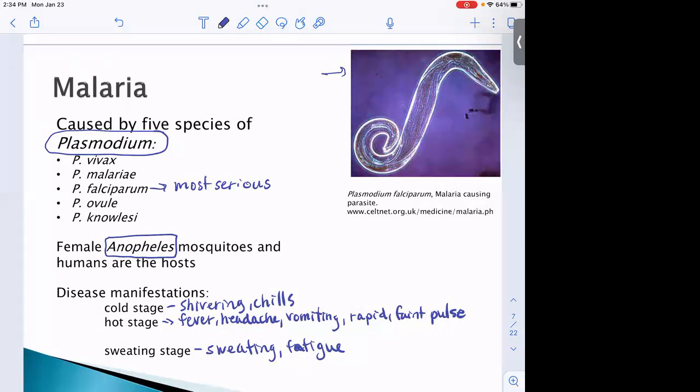So it's really a tough one. I won't get into the treatment of it. It is treatable, but it's not easily treatable. There's a lot of resistance to it. And the drugs that we take to keep us from getting it sometimes make us sick. So if you're going on a big trip and you're on this malaria medication and it's making you sick, sometimes people quit taking it. And then, of course, they're more susceptible to it. So we try mostly to just control the mosquitoes, and people sleep under mosquito nets and that sort of thing, but that's not foolproof.